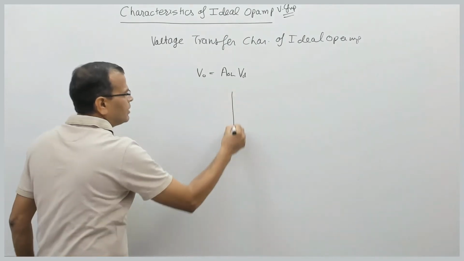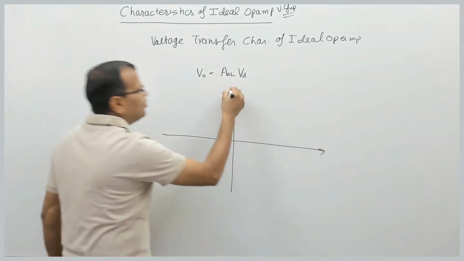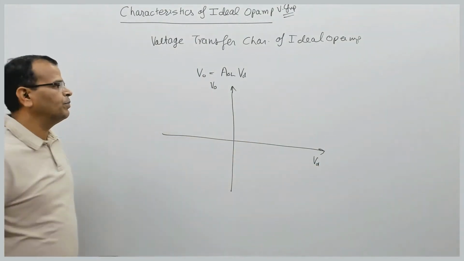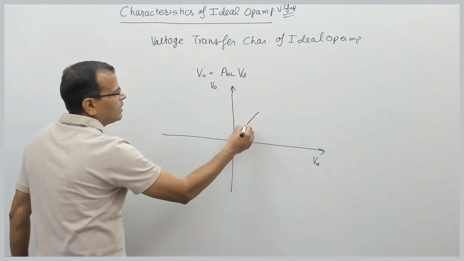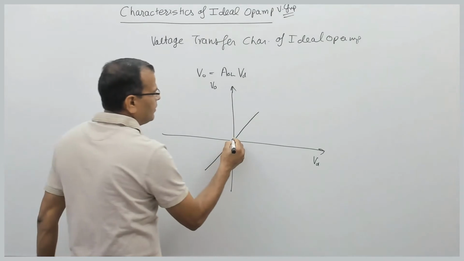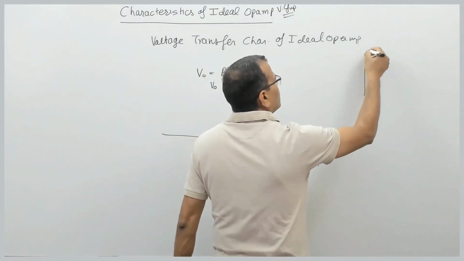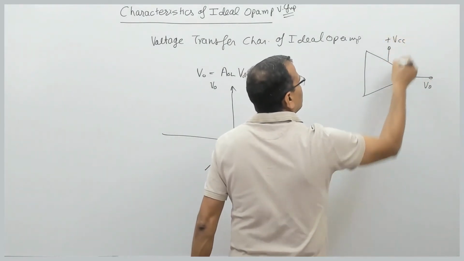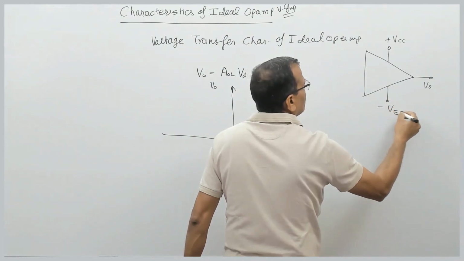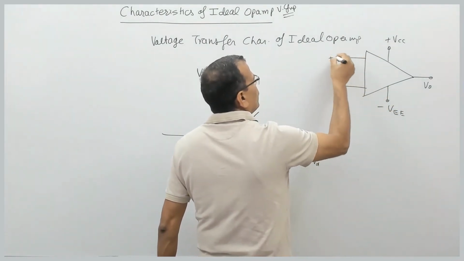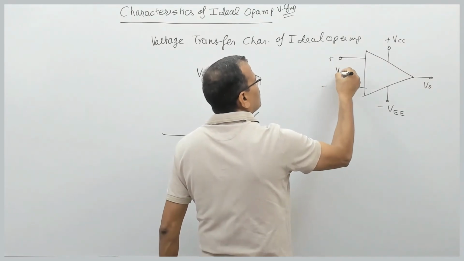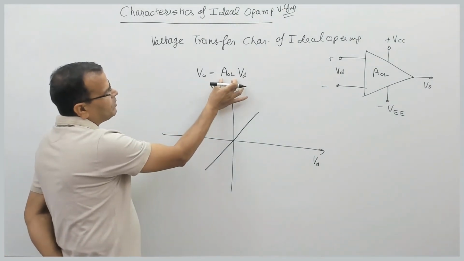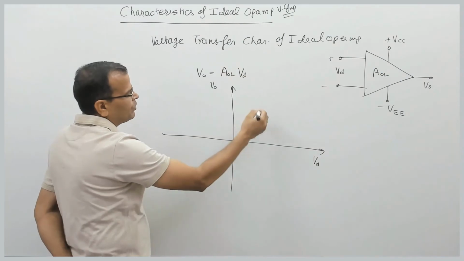Ideally, the output voltage of the op-amp as a function of differential input is a linear function, like this. I will draw the circuit symbol again. This is the output voltage, this is plus VCC, this is minus VEE, this is the inverting terminal, this is the non-inverting terminal, this is VD, and this is the open loop gain. From here it is very much clear that output is a linear function of input, so it varies linearly, but